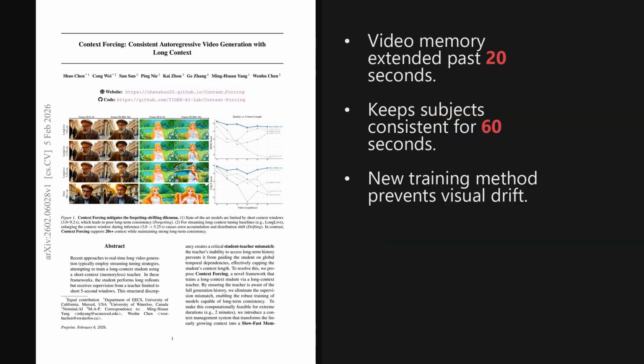I'm Alex. Today we're looking at a paper from the Hugging Face Trending List, published on February 5th, 2026, just yesterday. It introduces a framework that enables video generation models to maintain effective context lengths exceeding 20 seconds, which is roughly 2 to 10 times longer than current state-of-the-art methods. The paper is titled, Context Forcing, Consistent Autoregressive Video Generation with Long Context.